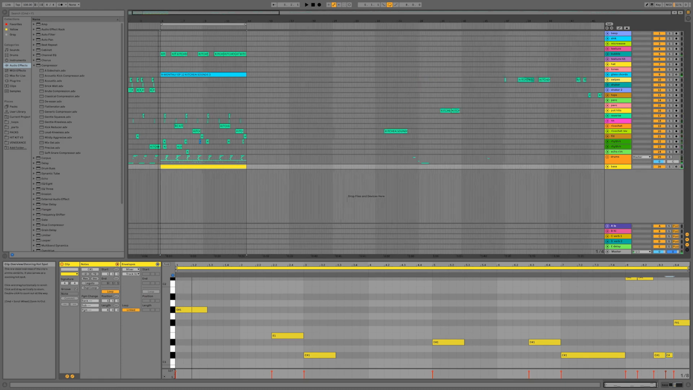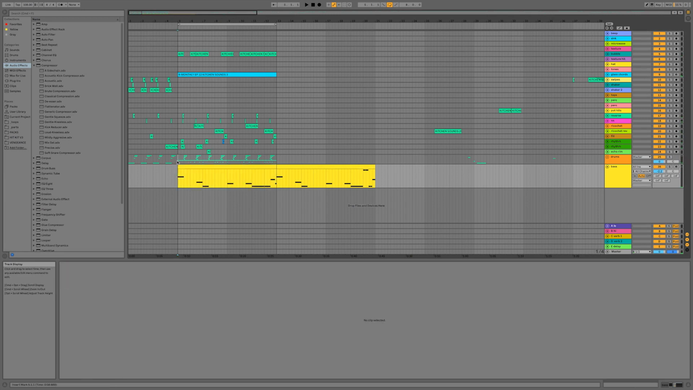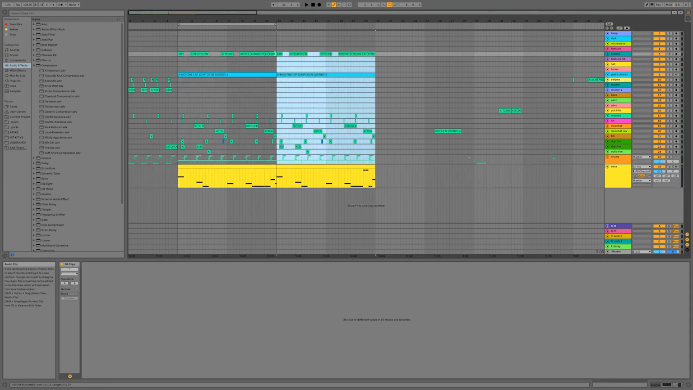Okay, but now I'm hearing that that fill is like a little too much for the first time around. Let's double that, make the first one more basic. Let's just make it super simple. That's cool. Okay, so now let's duplicate this whole section and create variations because it does feel like this verse